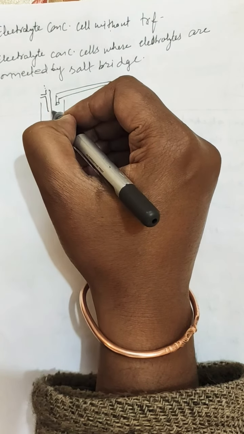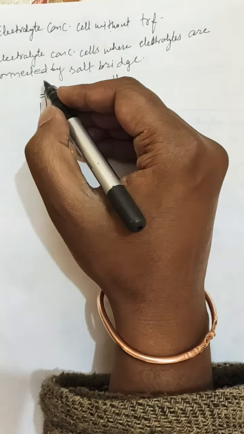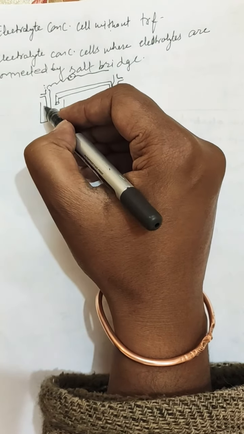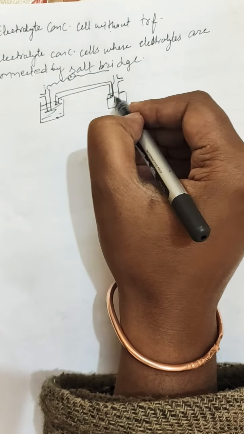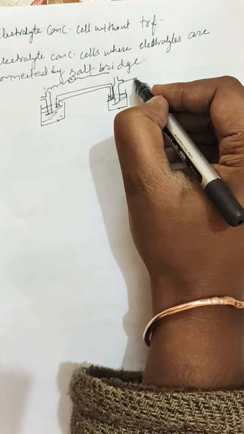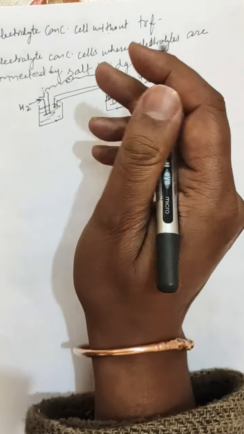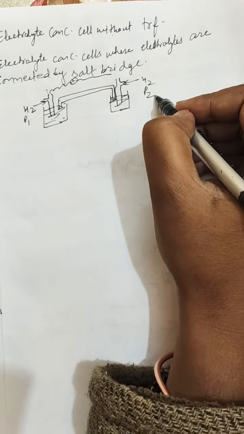Gas is pumped into the two electrolytes in this manner. They are connected by wire, and there is a galvanometer. Further, there are electrolytes present. So H2 gas is pumped in. Here the concentration of the electrodes is the same, so it means the gas is pumped in at the same pressure. That is, if there is P1 pressure, there will also be P2 pressure.